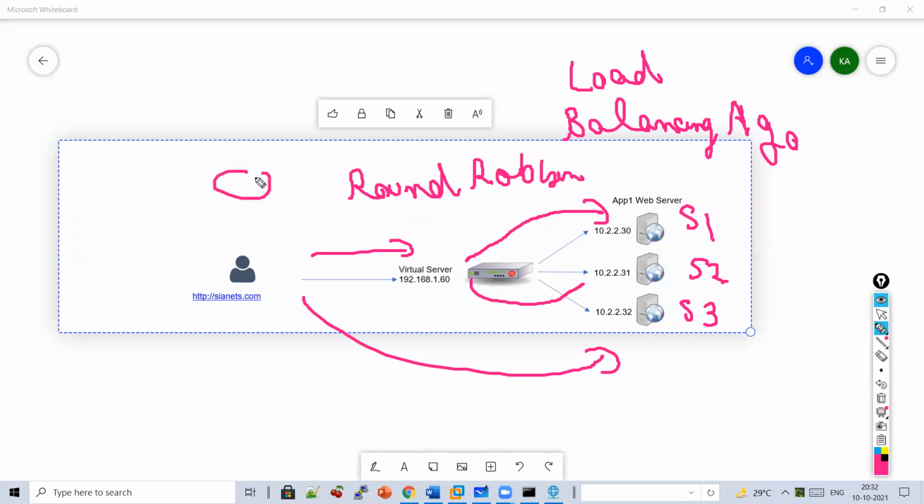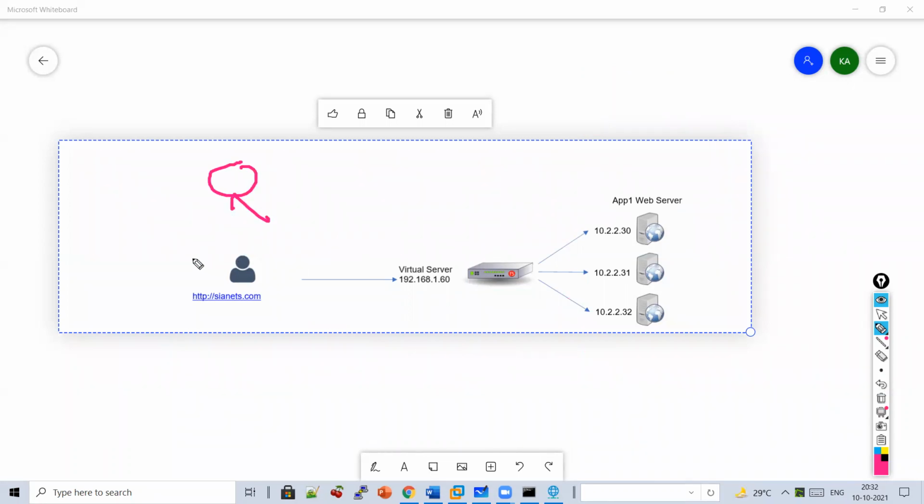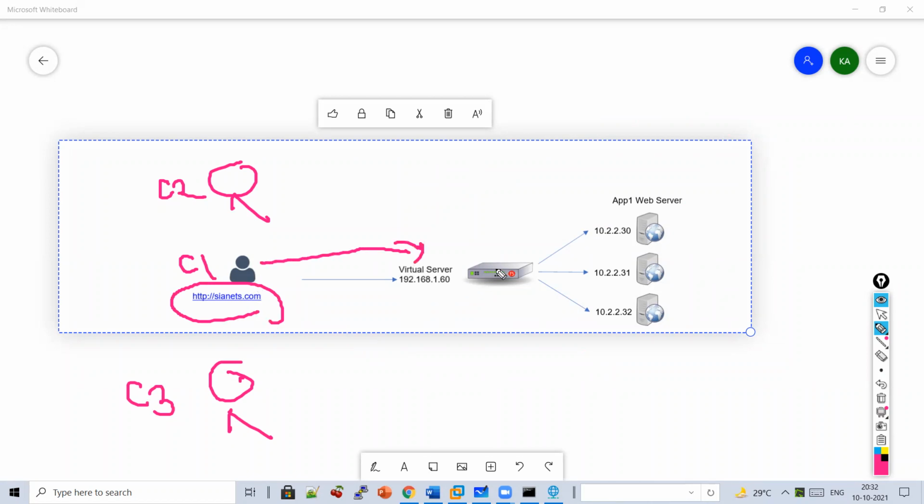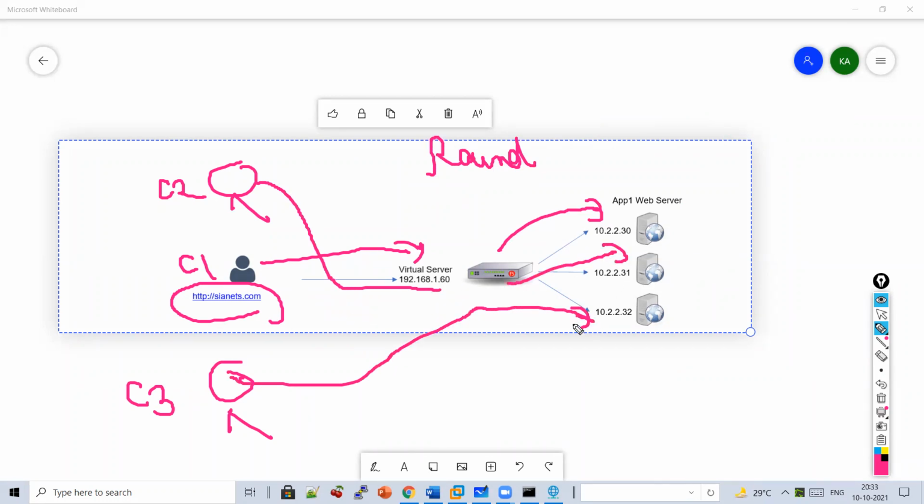If it's round robin, let's say I have client 1 here, client 2 here, client 3 here, all wanting to access crnets.com. I'm drawing again client 1, client 2, and client 3. When client 1's request hits F5, it will see, oh, I have round robin. Round robin means the first request will go to the first server, the second request to the second server, and the third request to the third server.